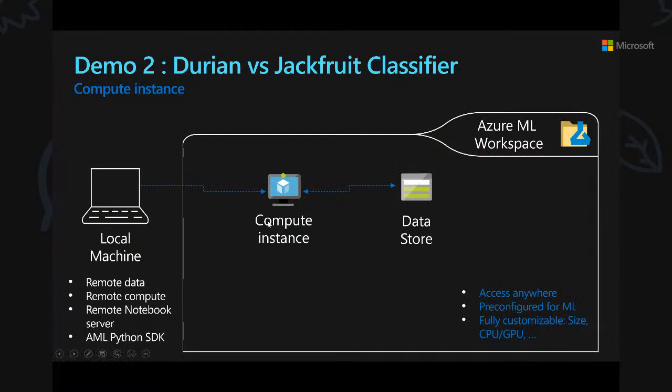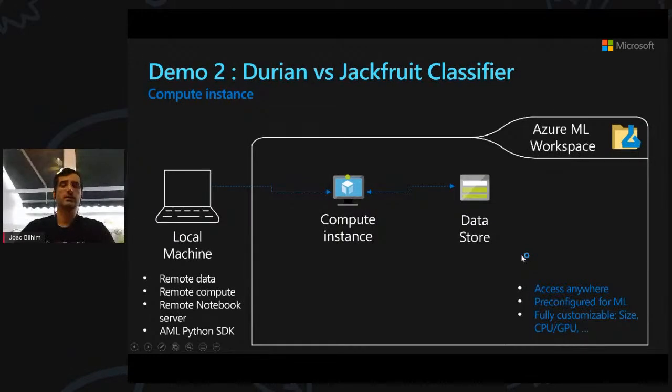So basically, by using a compute instance, I can access it from anywhere, from any device, whether with Visual Studio Code or on the web, if I want to use the Jupyter interface on the web. The compute instance is going to come pre-configured for AML, so issues like before, like missing packages, will probably not happen. If I define a GPU instance, I don't have to configure everything for GPUs because the compute instance is perfectly customizable for CPU or GPU. And obviously, I can define the size of the instances. So on the cloud, I can say I want a compute instance for machine learning, with this amount of memory, this amount of disk space, and so on.